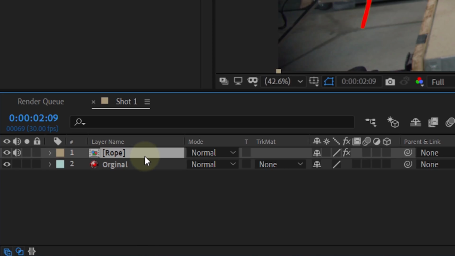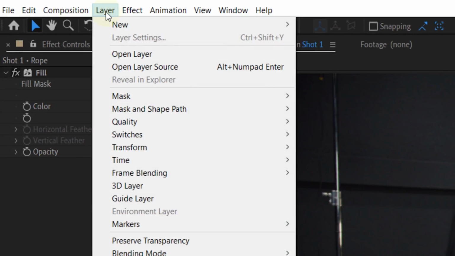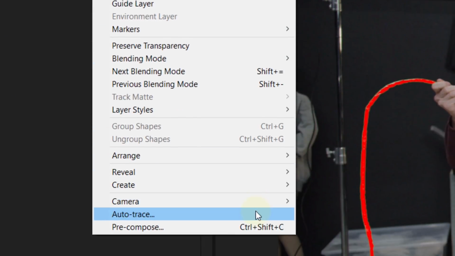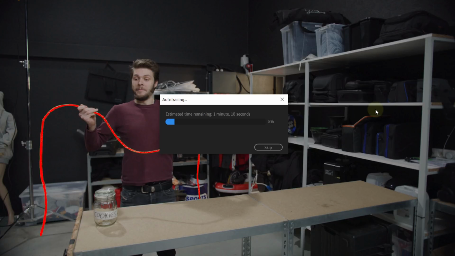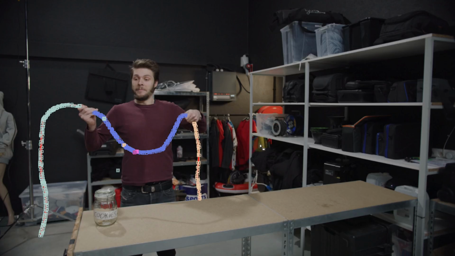Select the rope clip and head over to the layer menu on top. Then on the bottom of the drop-down menu, select the Auto Trace option. This option will automatically create a mask on the layer's outlines. Keep the standard settings and click on OK. Let the Auto Trace do its thing, and after it's done, you will normally have a few masks that define